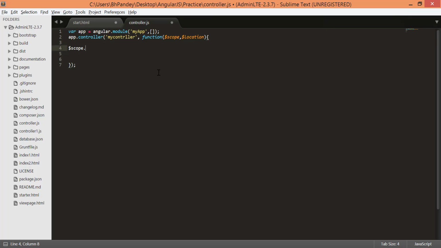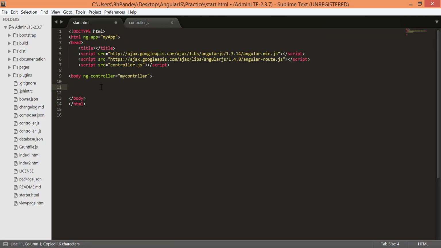So I'm taking a random variable over here, let's say my current page URL, which will get from location dot. Now once you pass location over here, you have access to all the methods and everything it has. It has a method called absolute URL. I guess this is caps. Okay, I'll just copy this and paste it over here. I'll say my current page URL is,